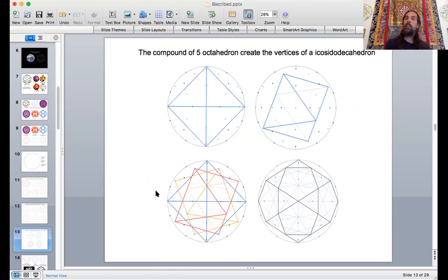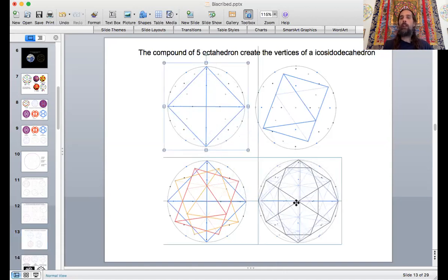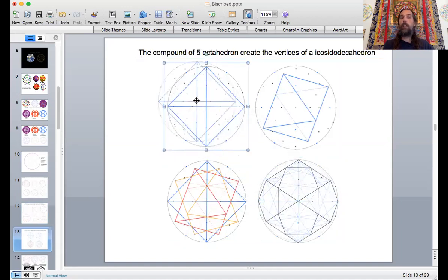So if the dodecahedron is made up of the 5 cubes, the Icosa Dodecahedron is made up of these 5 octahedrons. So we have one view of the octahedron. Now remember, this vertice right in the middle is projected towards you, and the other one on the other side of the sphere would be away from you. So it has six points, and of course that would fit right over top of, providing those vertices of